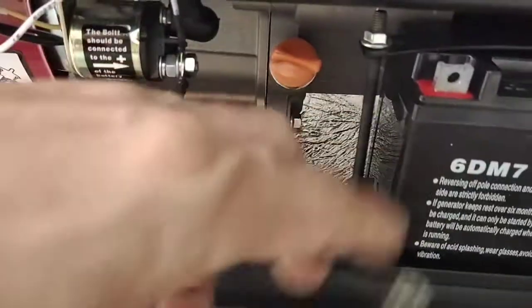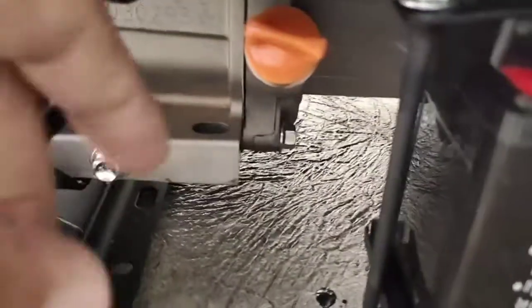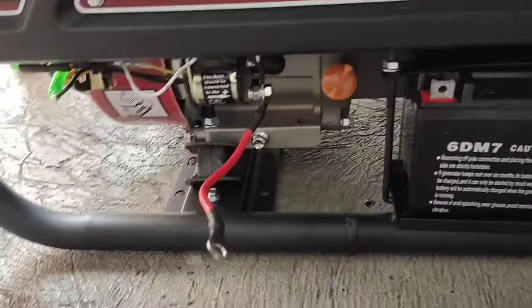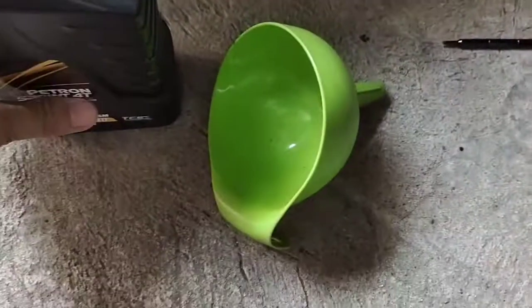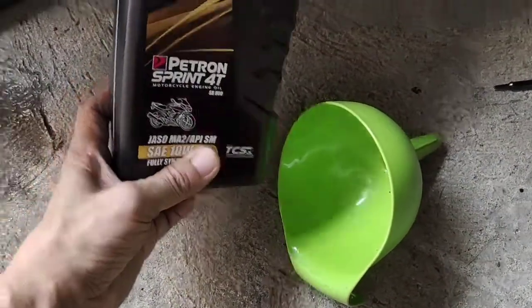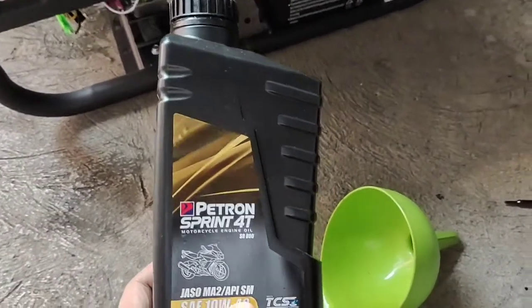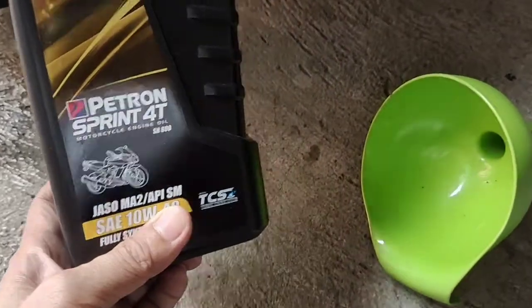Here we can see the engine side, and of course the generator, you can see on this part also. Here you can see the oil port. This is the cap. We remove it because this generator is brand new. We have to put lubricating oil, and this is the specified lubricating oil. It is SAE10W30,